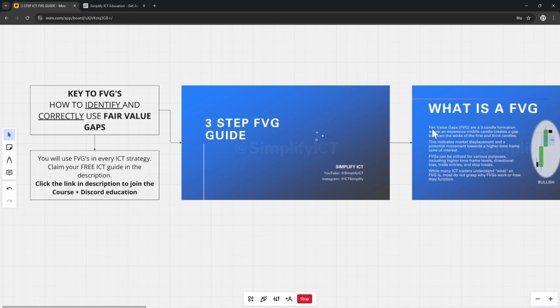Fair value gaps are one of the most commonly used ICT concepts, however they're very misunderstood by a lot of traders. So in this video we're going to simplify everything you need to know when it comes to fair value gaps in a 3-step guide,